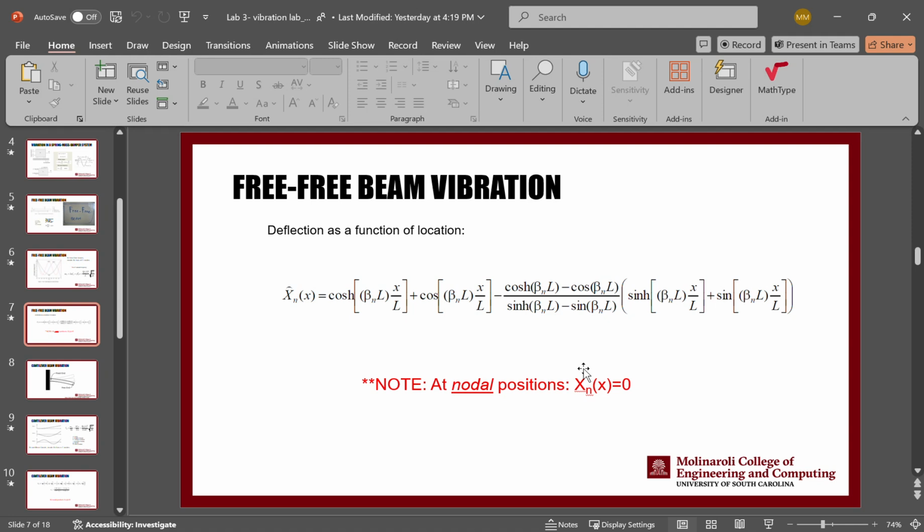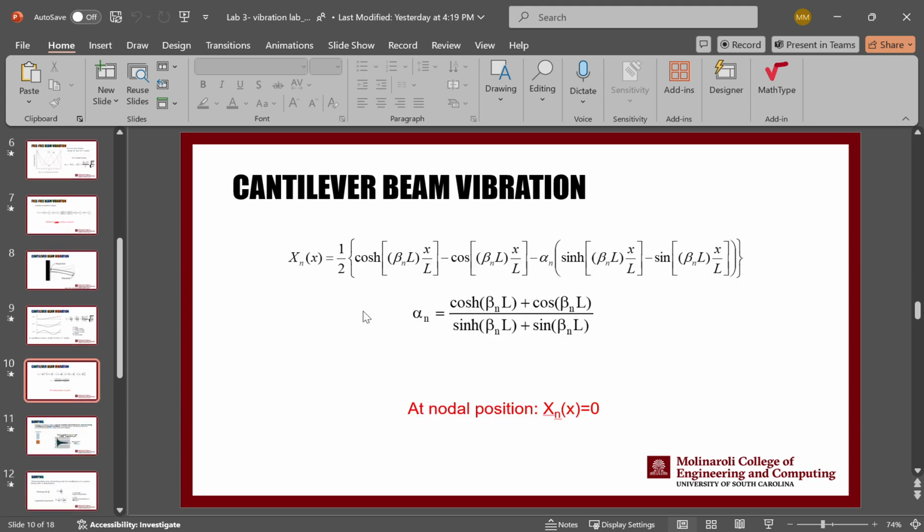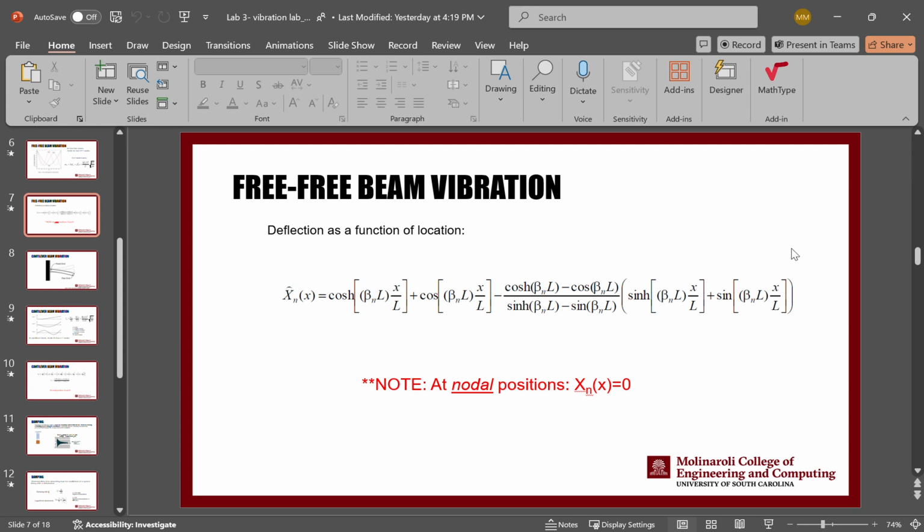Welcome back to Aerospace and Mechanical Lab 2. As you're aware, one of the things you need to do for the vibration lab is to actually find the roots of this function for the free beam and then roots of this function for the cantilever beam. These are huge functions. You can't really solve them by hand, and I'm going to show you how to write a MATLAB code that will help you find the roots of these two functions. As an example, we are only going to do the free beam vibration code,